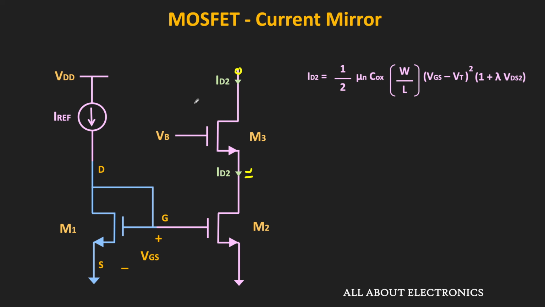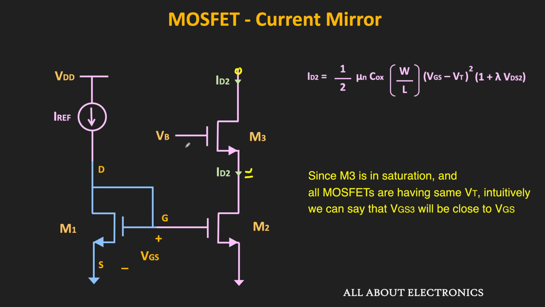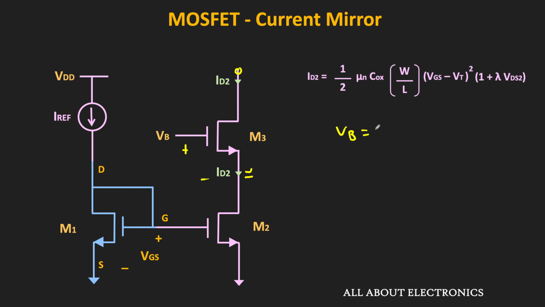So since the same current is flowing through the M3, intuitively we can say that this voltage VGS3 should also be very close to VGS, right? Now moreover, here this VB is equal to 2 VGS. That means 2 VGS is equal to this VGS3 plus VDS2,